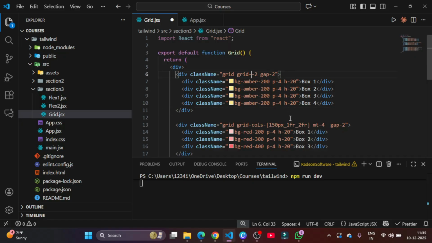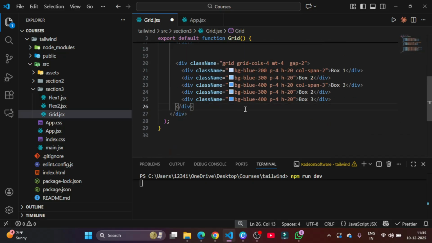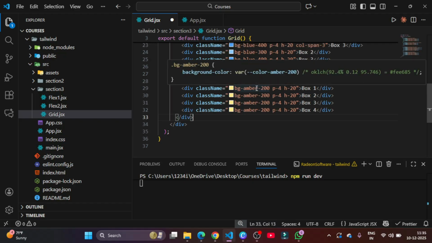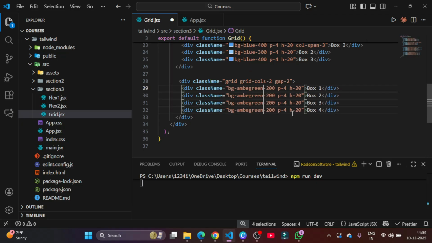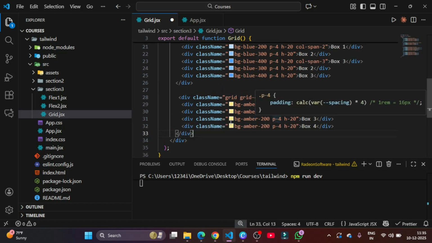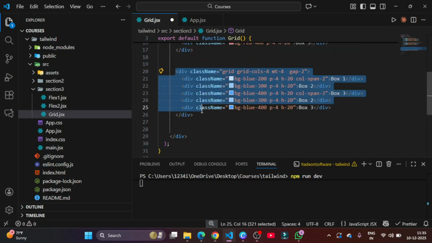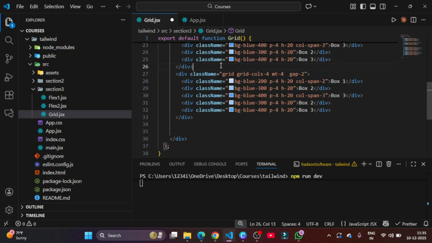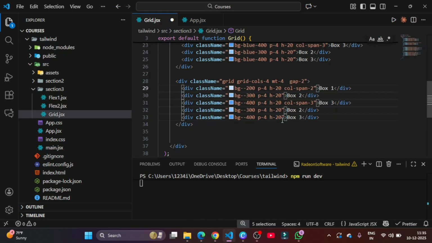And I'm gonna just copy this code, so you can understand. And here I'm gonna paste. I'm gonna change that color, make it green. Oh no. Okay, I'm not gonna copy this one. I'm gonna copy this one. So let's change the blue, make it green. And